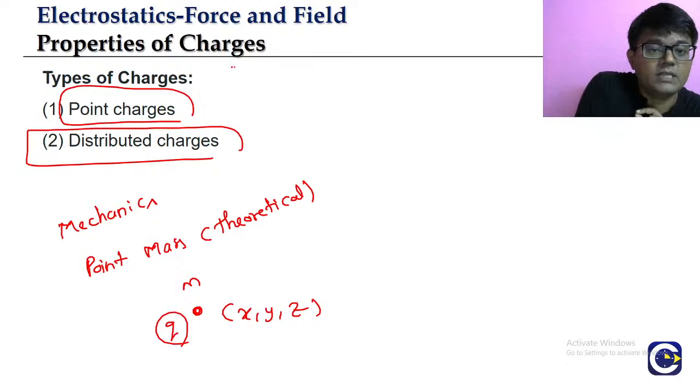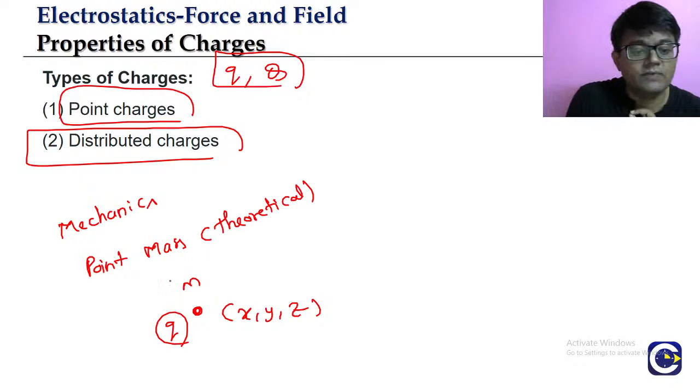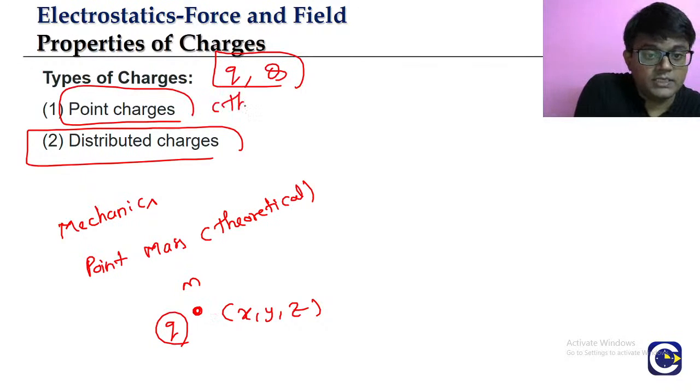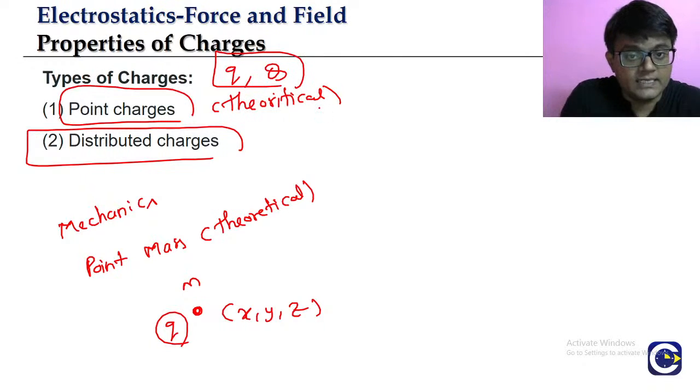Generally, what is the symbol that we use for the charge? Either small q or capital Q. So when we say point charge, it represents what? We are keeping the charge at a location. Like an assumption, we are assuming that it is not occupying any volume. It is located at a single point. This is also theoretical. Just as point mass is a theoretical substance,